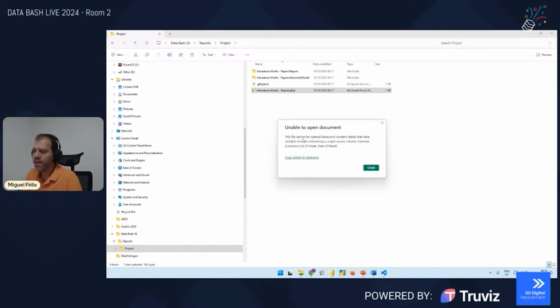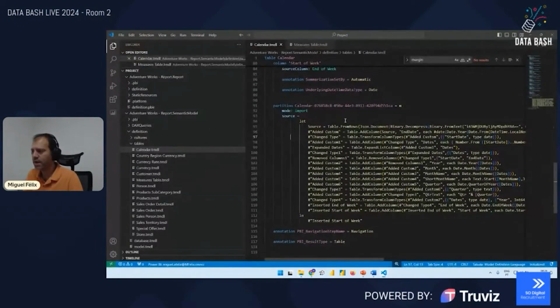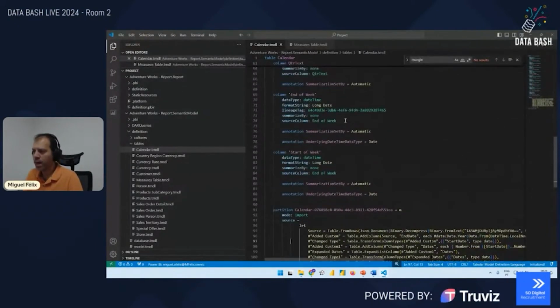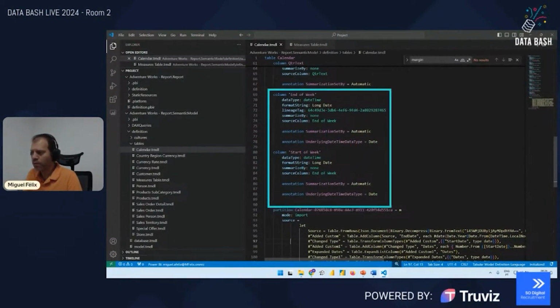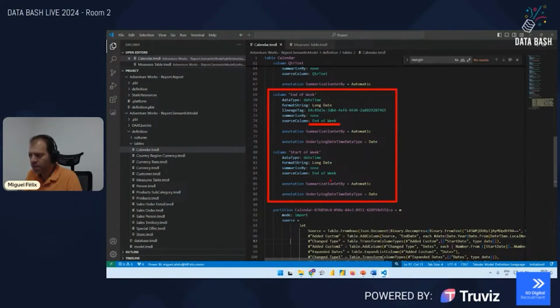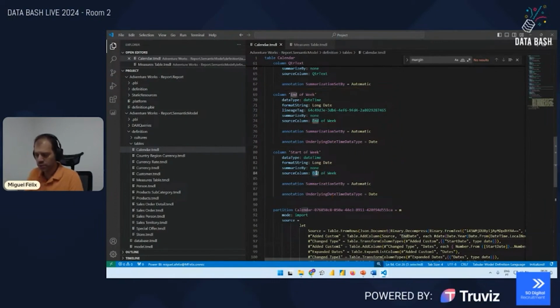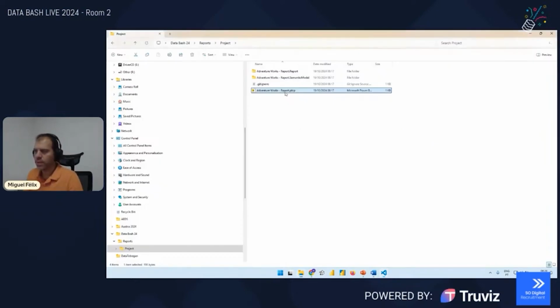But as you can see, the file cannot be opened because it contains a table that has multiple columns referenced. This is also an error that I knew was happening. Why? In this case, it's easy to identify because over here we have source column end of week and source column end of week. So we also need to change this to start of week. If I do this pretty quickly,